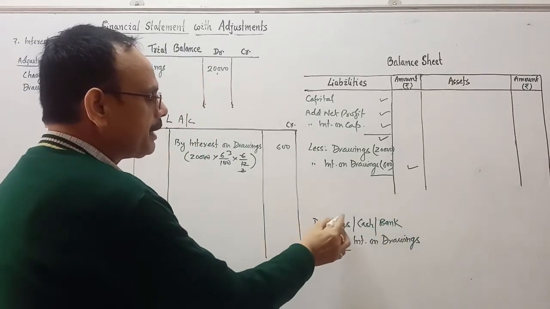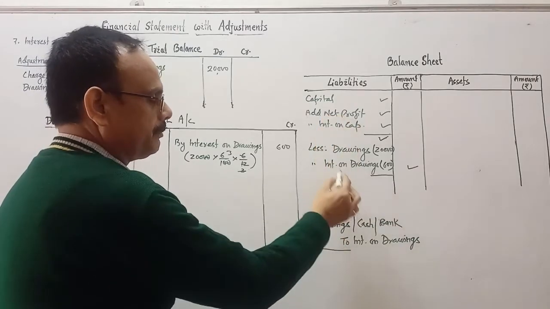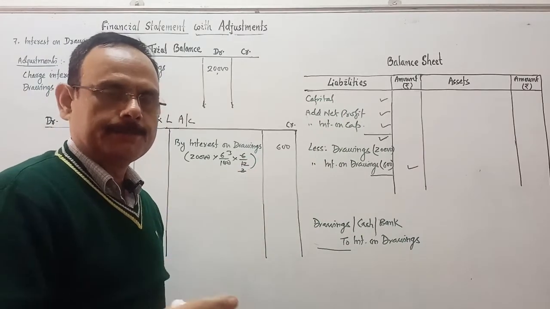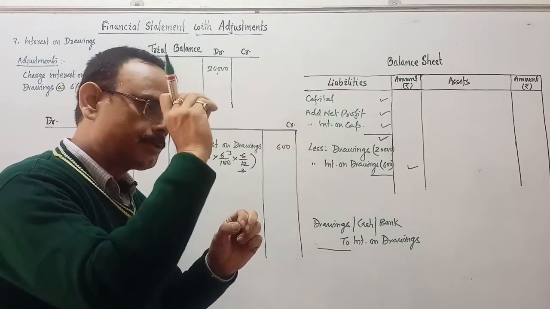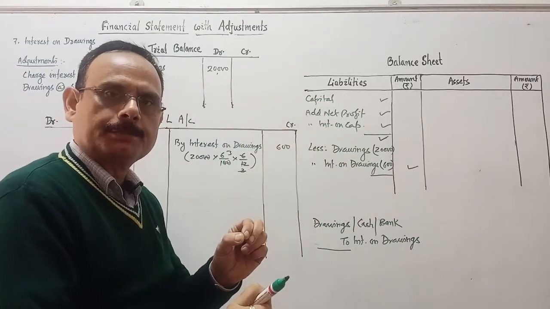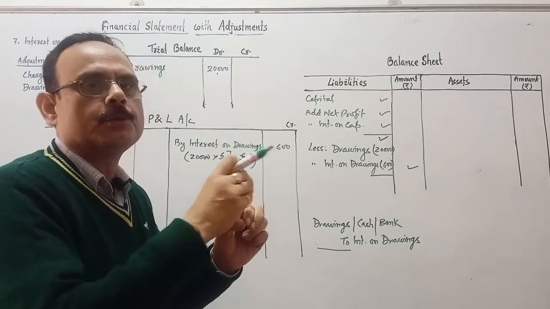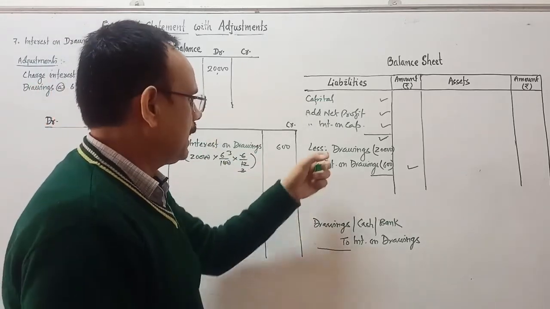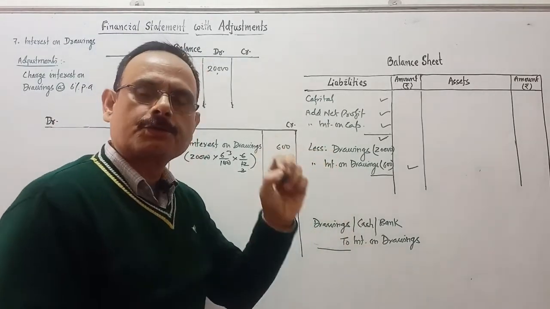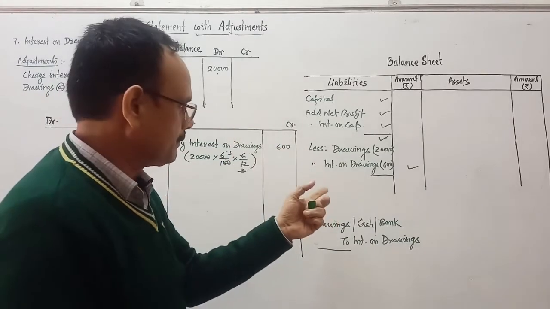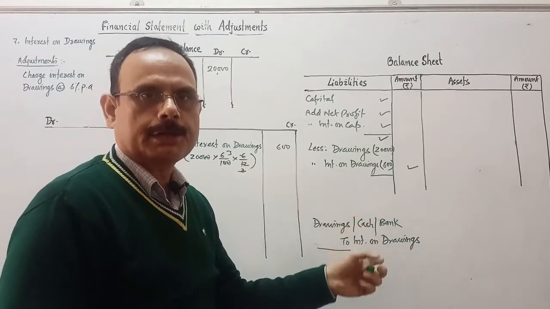So if it is not given, then what we will do, we will deduct it from the capital, because capital will reduce. If the business has charged the interest on drawing and the amount is not given by the proprietor, then at the end of the financial year, his capital will be reduced by that amount. As the capital drawing is reduced by that amount, in the same way interest on drawing will be reduced from their capital. And if it is given, then cash account debit or bank account debit to interest on drawing,